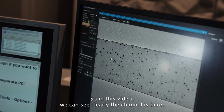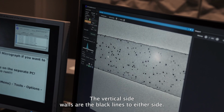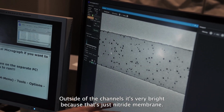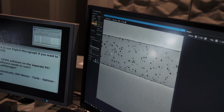So in this video, we can see clearly the channel is here. The vertical sidewalls are the black lines to either side. Outside of the channels, it's very bright because that's just nitride membrane. But inside, you can see the entire channel is darker because it has about 60 nanometers of liquid, and then